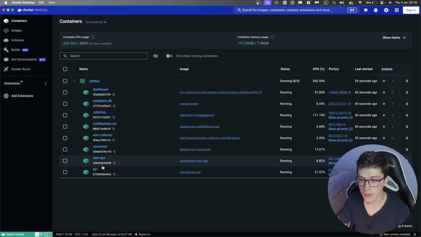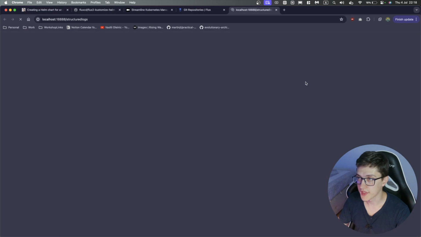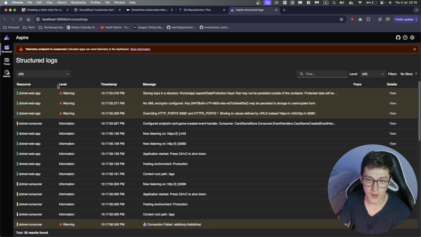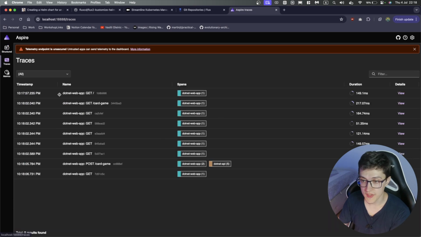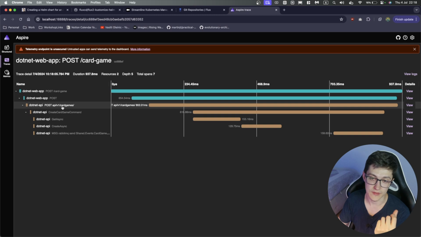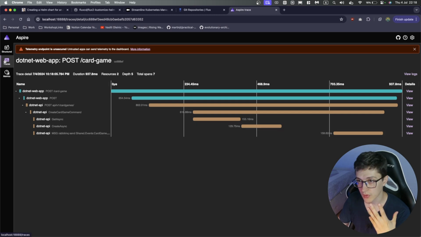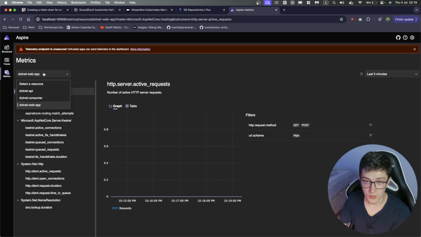we can go to our Docker and here navigate to our dashboard, and we can see all the telemetry data from our applications with the traces. In our case, it's going to be this one where we are interested in our .NET web app calling the web API, and we can see the traces just like previously. We can see that the web app has sent the POST request to the API, and we can trace everything else regarding what and how this test has been run, as well as the metrics for our web application,